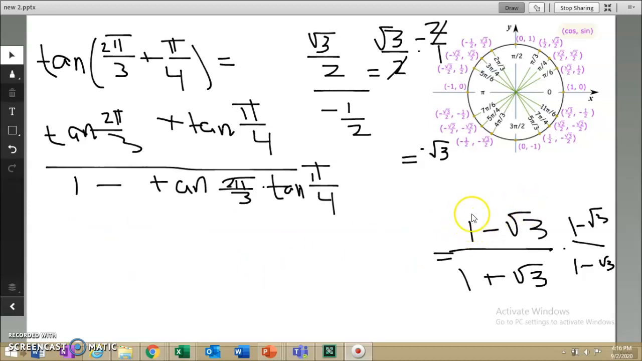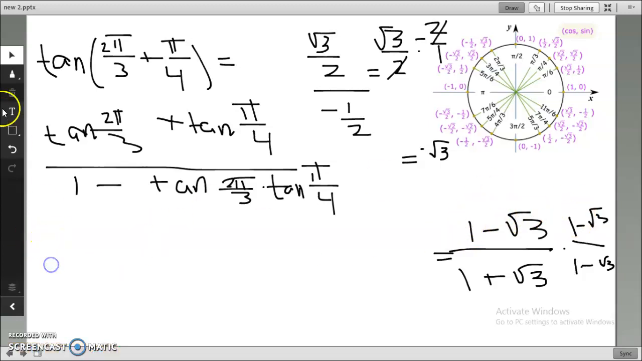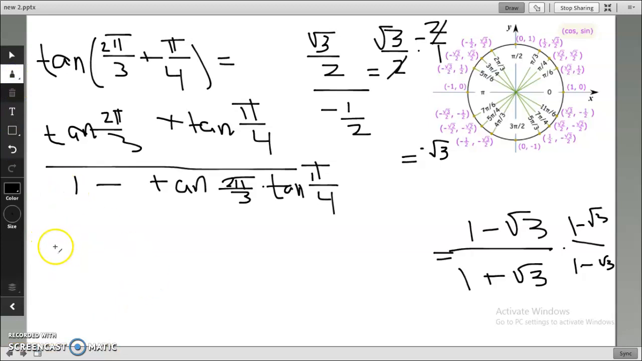So I'm just going to multiply this through. So I get 1 times 1, which is 1. 1 times negative root 3 is negative root 3. Negative root 3 times 1 is negative root 3, and negative root 3 times negative root 3 is going to give me positive 3. And so that is going to give me 4